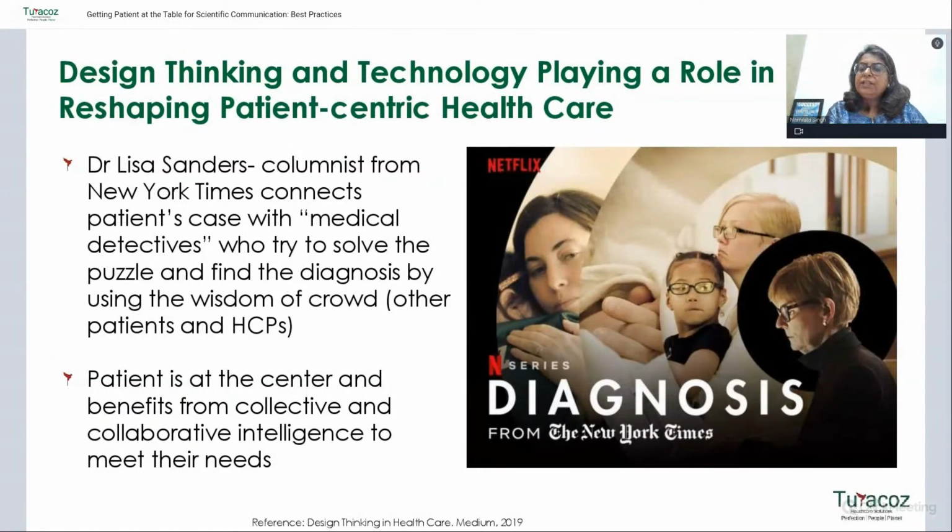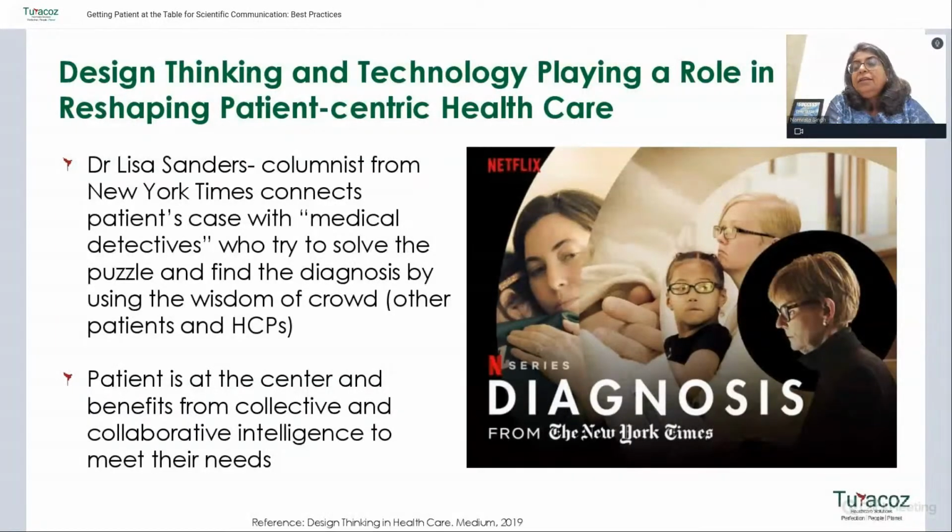Then what happens after this is, there are people who connect with the patient, who talk to her. They can be other patients who actually have a similar symptom, and they tell her, this is what I'm also facing, and this is a diagnosis which I have. There are hospitals which reach out to the patient to say that we have treated a similar kind of disease, and why don't you come to us. So in this case, the episode which I had seen, one of the hospitals in Italy actually responds to her, and they say that we do have the test which we can do.